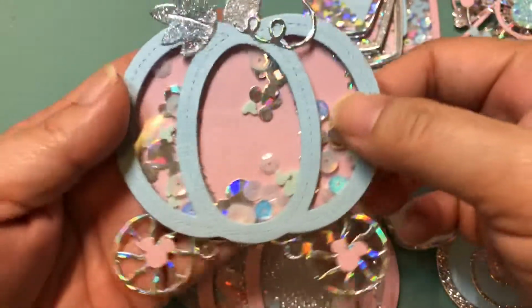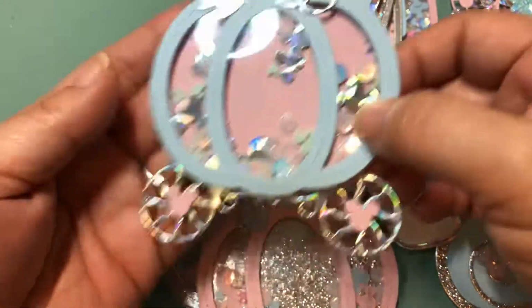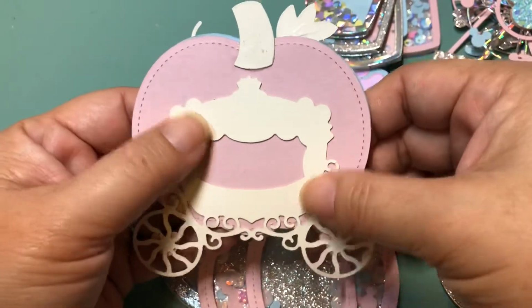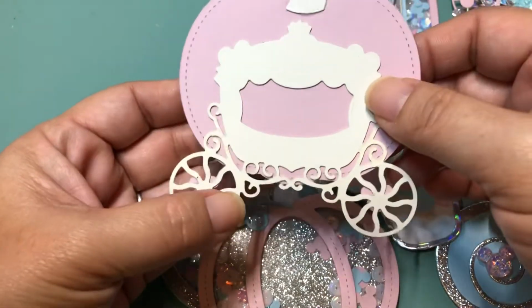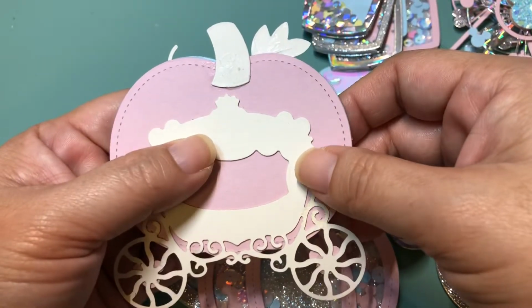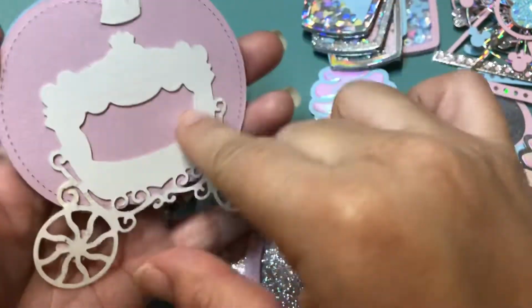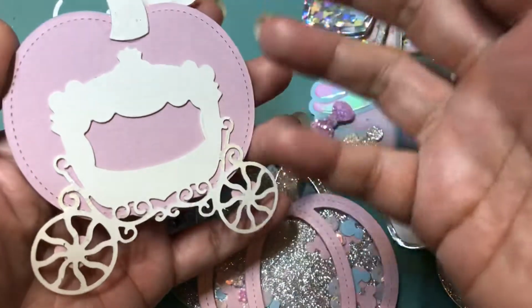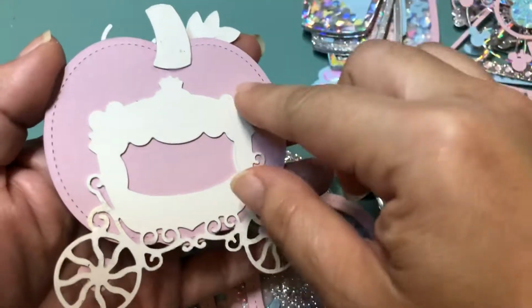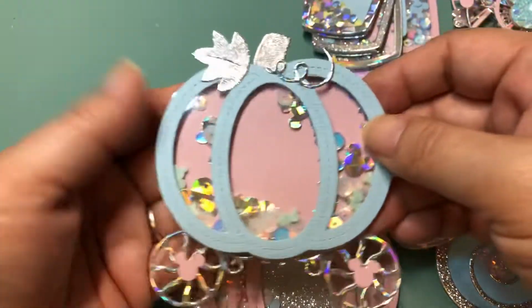Mickey heads. So what I did to make it into the Cinderella carriage is after I made the shaker, I mounted it on the carriage die that I had for so long. The one that I bought because I watched Betty, who is Scrap Passion 01. She made a shaker because it has a little hole here. And I was all set to make the shaker, and then I just never made it. So I decided that I was going to use that die if it kills me, and I made it into